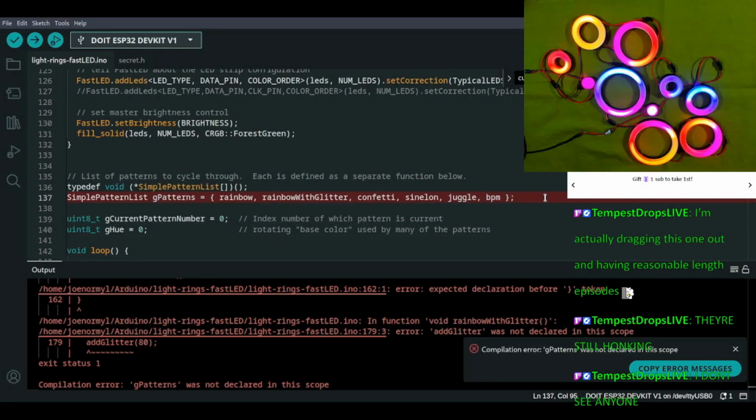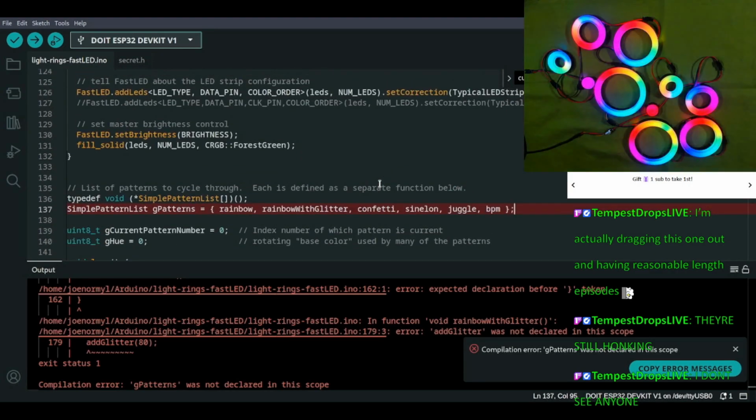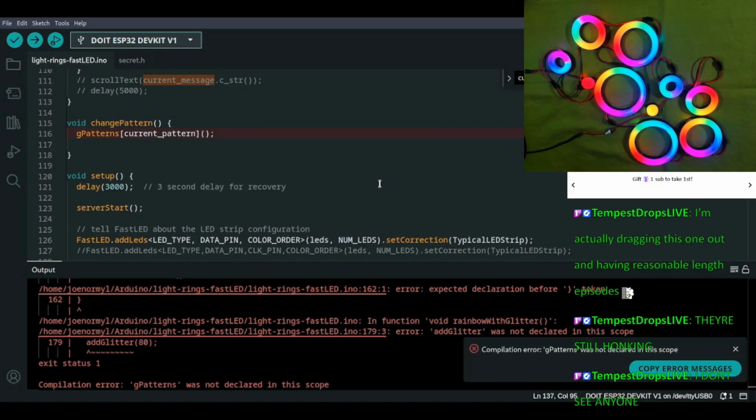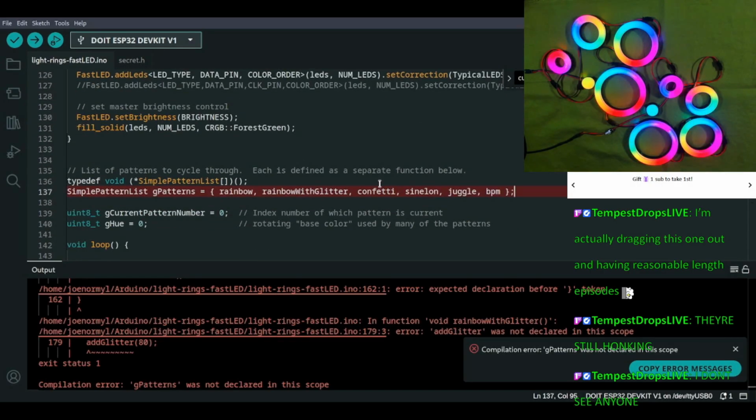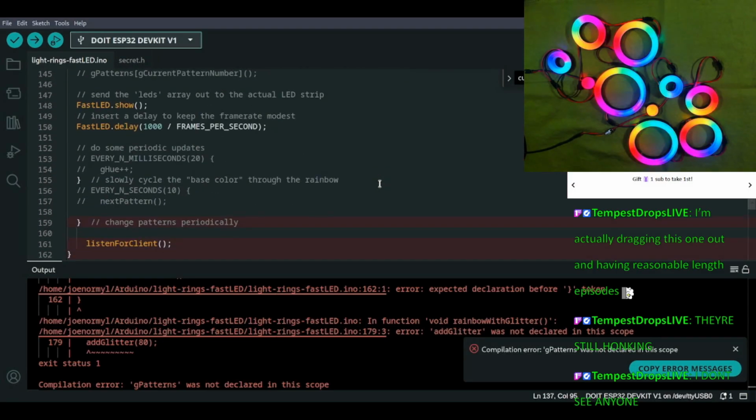Well, but you also need to add our function to this list. If you've created anything, whatever the name of it is, you need to add it to the simple pattern list as well if you want it to cycle through it as one of those. But mostly you need to declare that, either like you're out of scope.